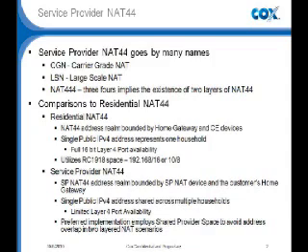One of the key differentiators between service provider NAT and residential NAT is that the current mapping for the public IP space to the home network is 1-to-1. So one public IP represents one household. To differentiate that, in service provider NAT you now have a mapping of one public IP to multiple private households, and that's where you get your second layer of NAT behind there.